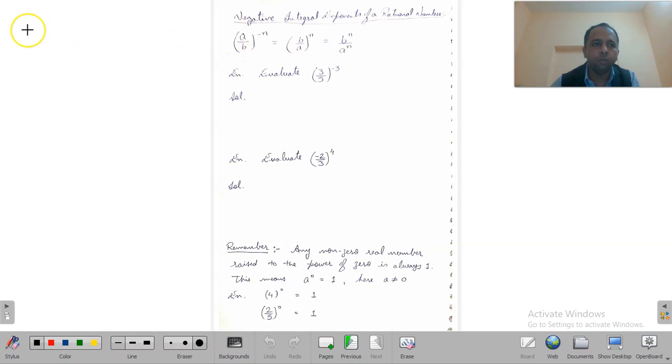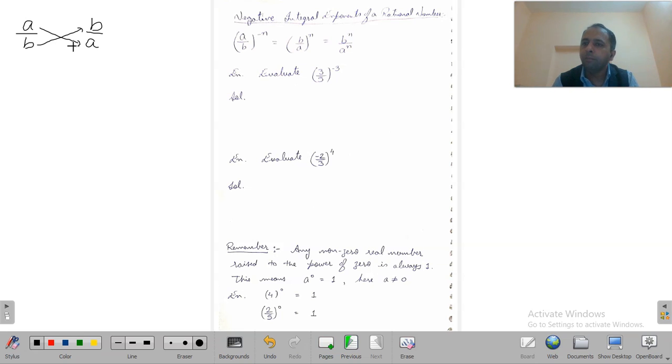So now, first of all, we will recall the concept of rational number, because it is important to understand here. If a upon b is a rational number, then what will be the reciprocal of a upon b? I told you when we discussed chapter number 1, rational numbers, that the reciprocal of a upon b will be b upon a. The denominator value will go to the numerator and the numerator value will go to the denominator. So the reciprocal of a upon b will be b upon a.